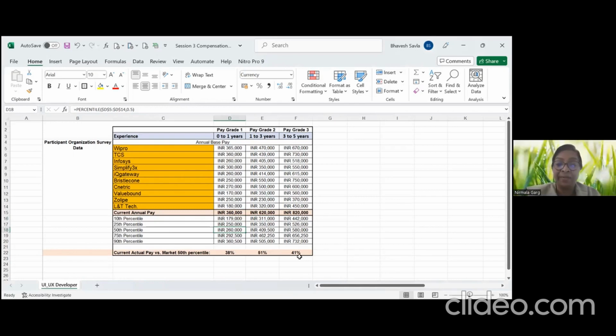Means I'm leading. Am I leading? Yes, yes. And in the second, I'm leading by 51%. And in the third, I'm leading by 41%. Now, having said that, maybe when I started recruiting people, I just took